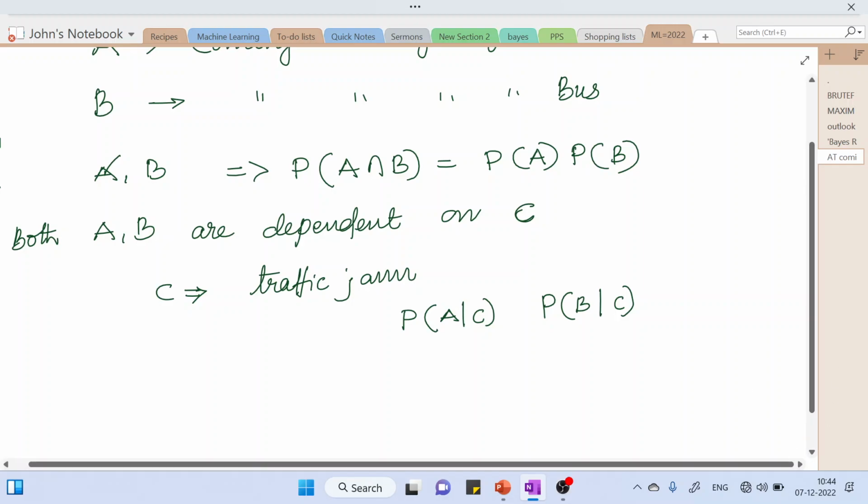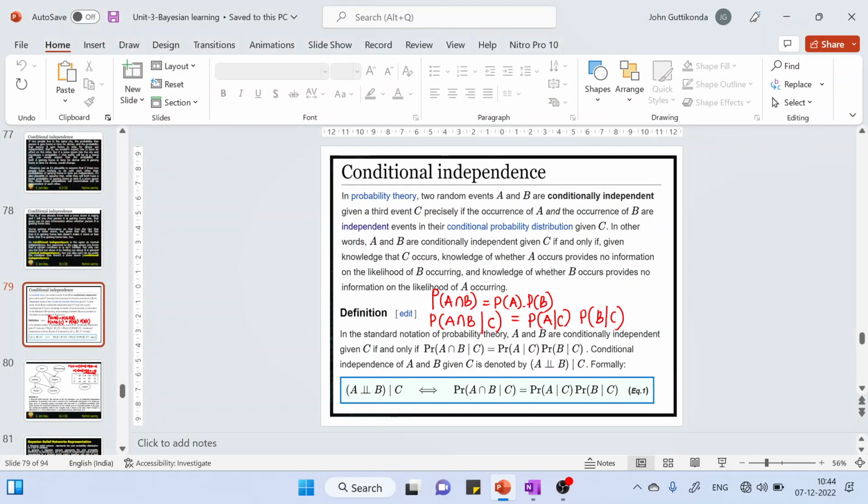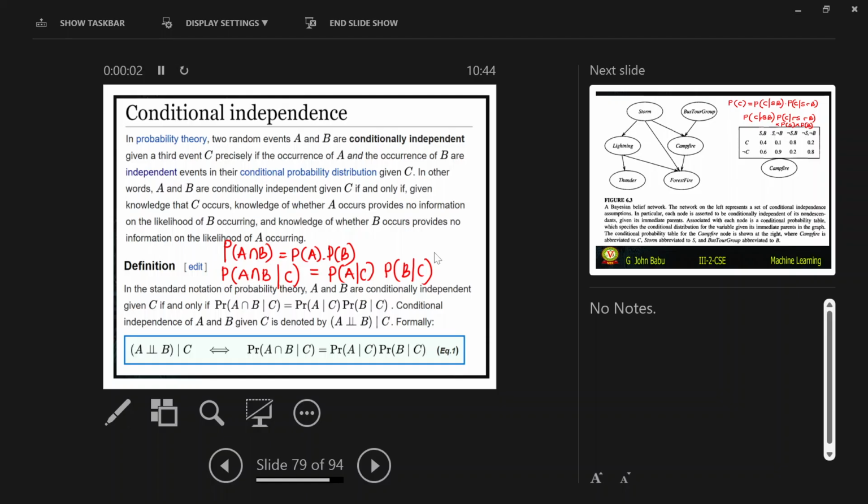So here we mathematically said there are two events, A and B, conditionally independent of a third event C. If the occurrence of A and the occurrence of B are completely independent,